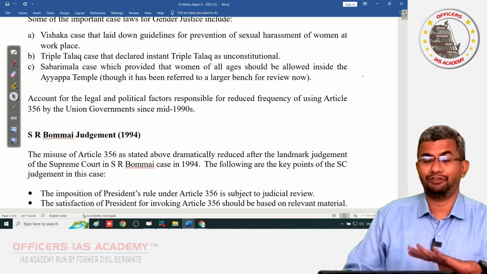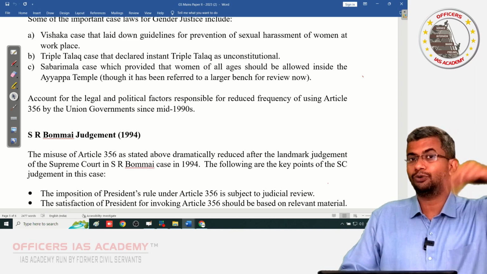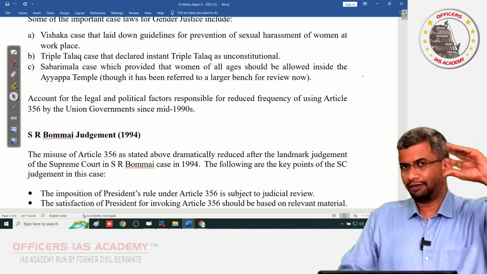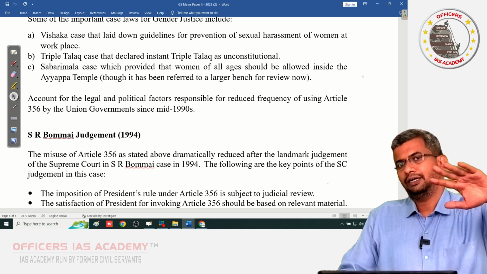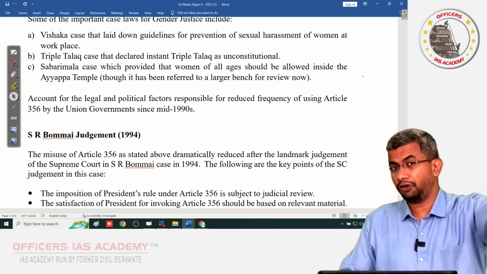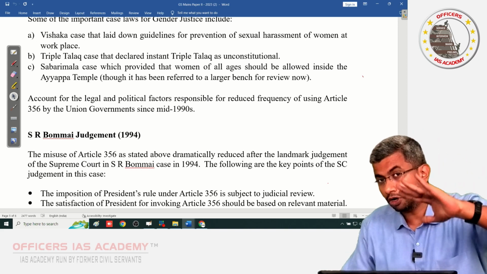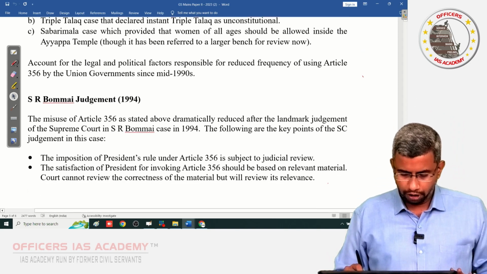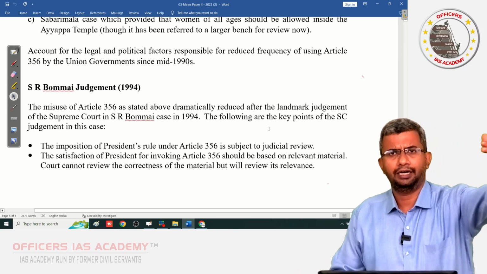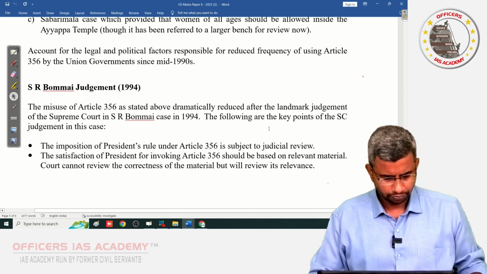But anyways, this is a straightforward question. I'm not expecting you to overanalyze it, but whatever is in the news, ensure that you are revising all those areas under the constitution, not just for recall from a prelims angle, but also from writing an answer in the mains. So we will first write: Article 356 allows for